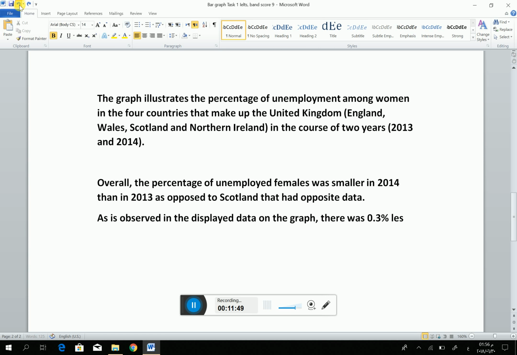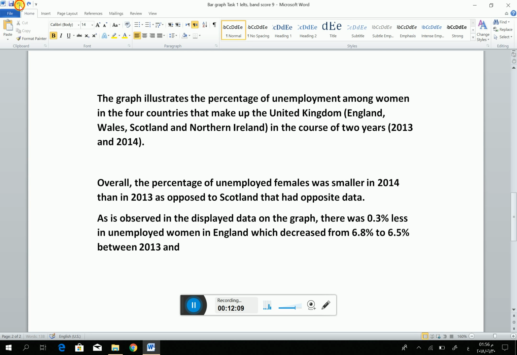There was 0.3% less unemployed women in England, which decreased from, you have to show percent, from 6.8% to 6.5% between, this is the period of time, 2013 and 2014, compared to